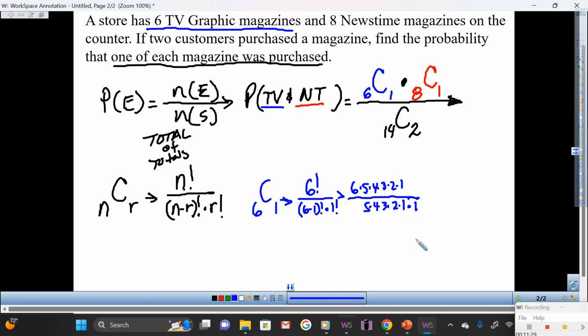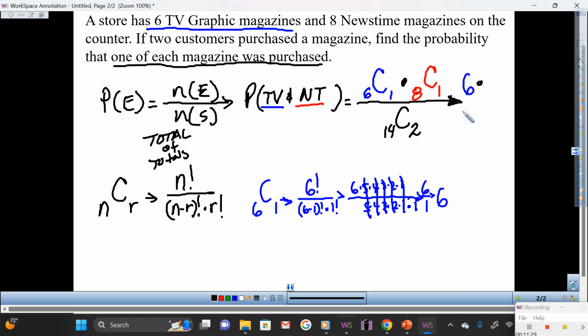Of course we know these are giant ones, so we end up with 6 over 1, which is 6. Hands if you got 6. All right, so far we got 6